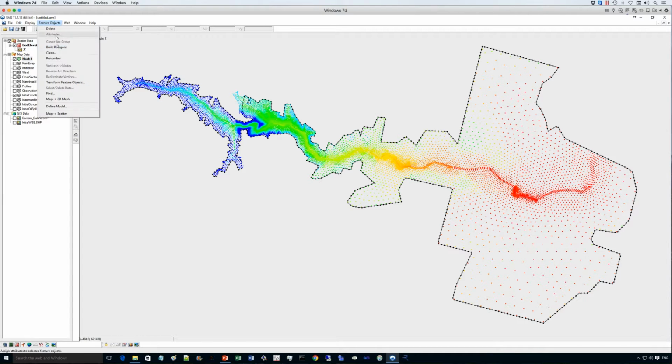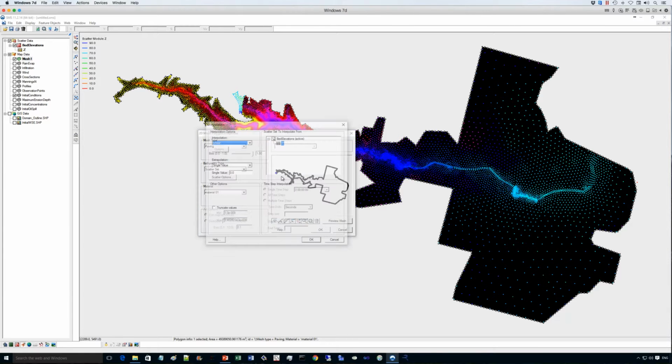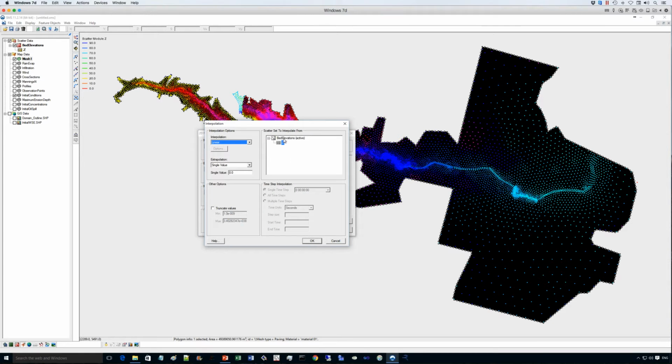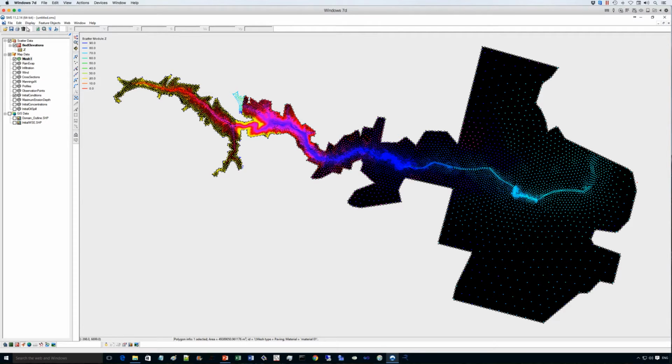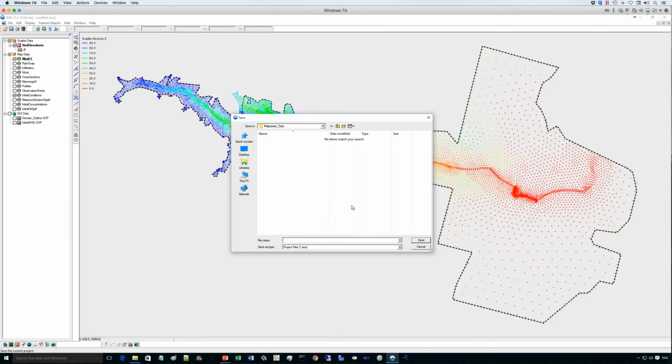And I will build the polygons and indicate here, I will link the bathymetry to the scatter set corresponding to the bed elevations that I imported. Okay, so I think I have all I need. I will save this